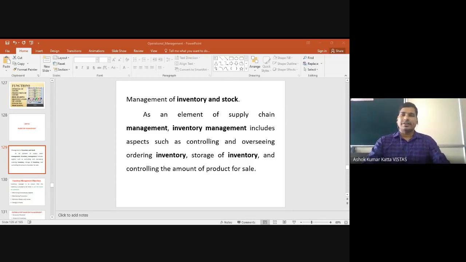Whereas inventory management means the moment the material enters the workshop or factory, they are stored at the warehouses. The quantity demanded by the production department or operation department, and the quality standards required by the concerned department, accordingly we dispatch all the materials to them, and they start to manufacture. All of this is considered under inventory management.